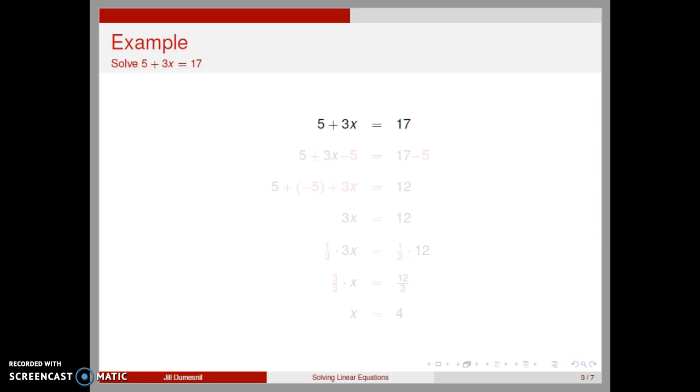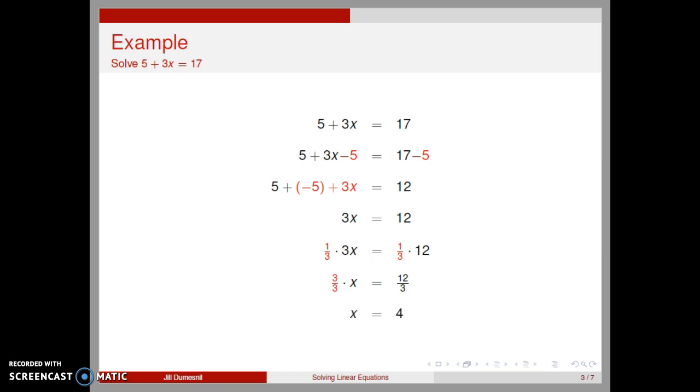Let's solve 5 plus 3x equals 17. There are no fractions, decimals, or parentheses. We subtract 5 from both sides. Then, using the definition of subtraction, the associative property, and the commutative property of addition, we can arrange the terms on the left-hand side to get that 3x equals 12. Then we can multiply on both sides by 1/3, and 3/3 times x equals 12/3, so x equals